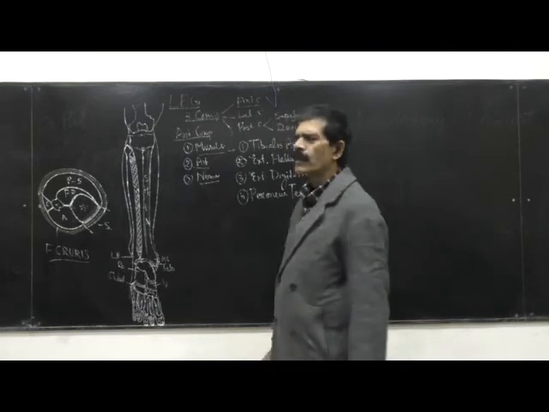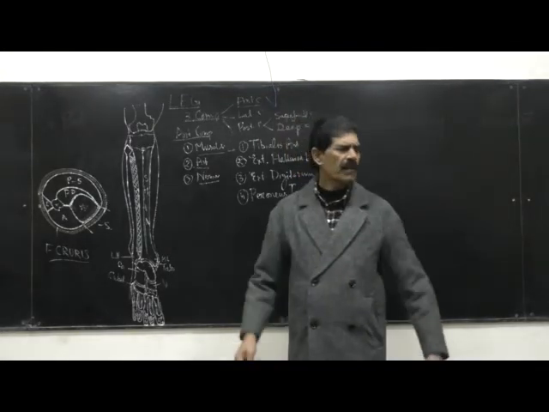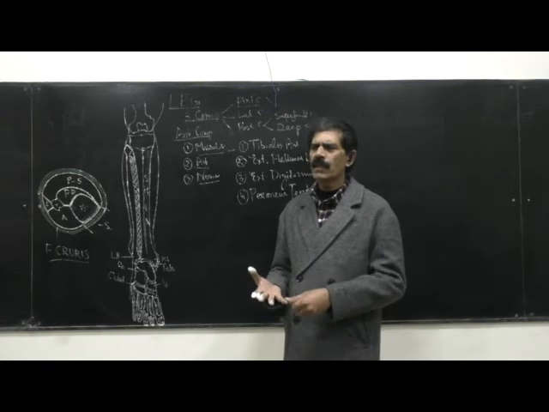So these are the four muscles we know, and whenever a muscle comes, 5 fingers come: